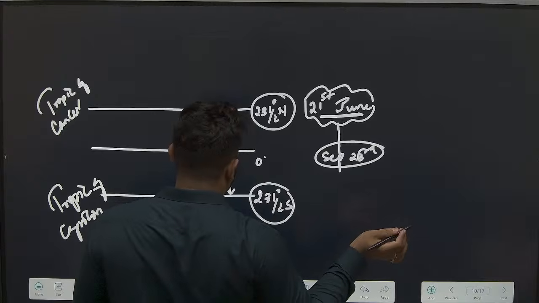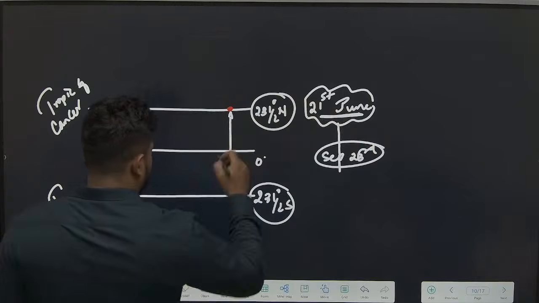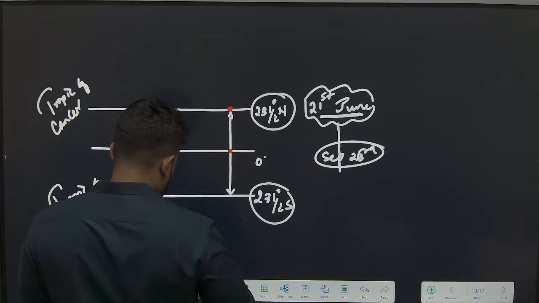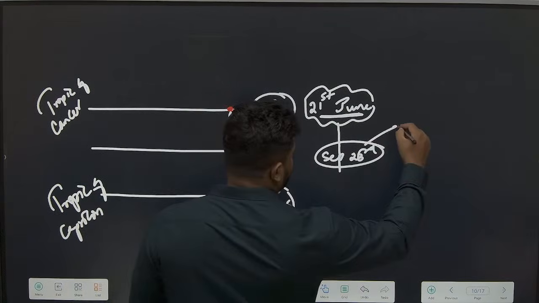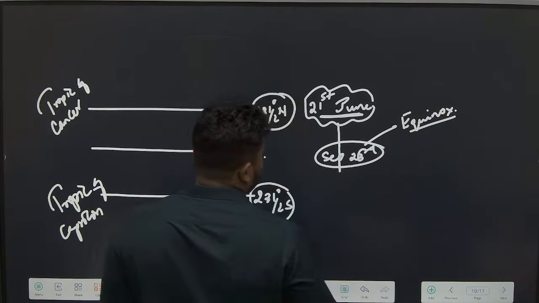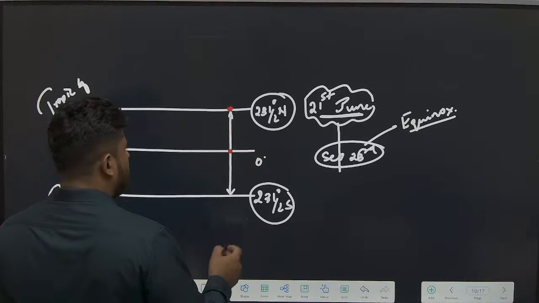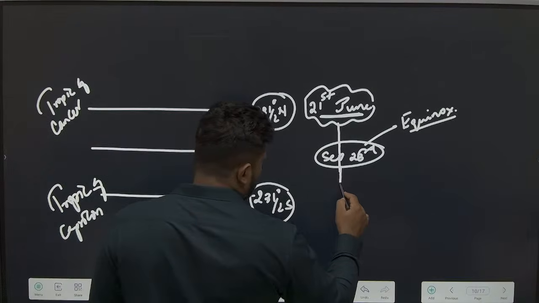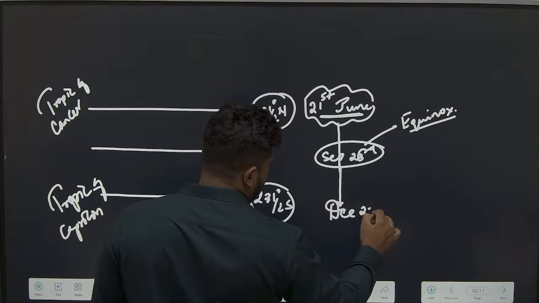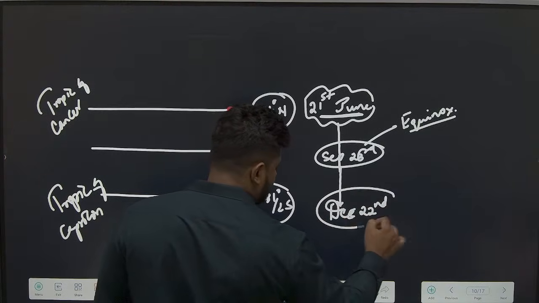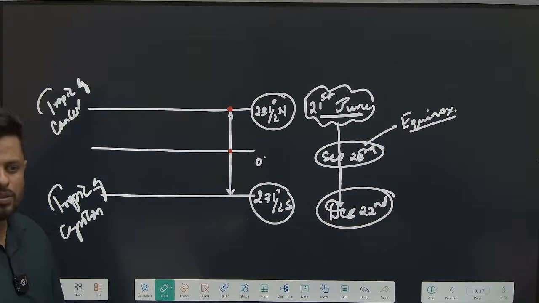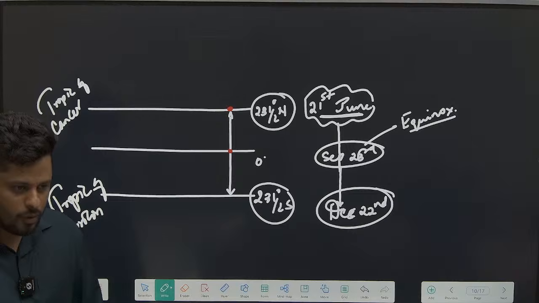Some books may give you a different number, it's all right. Can I say this direct angle of sun rays is exactly vertical over the equator? What do we call this? Equinox. To be very specific, autumnal equinox. Then September, October, November, December, 22nd or 23rd, doesn't matter, sir. No one is going to ask. See, equinox actually happens on March 20 or 21.